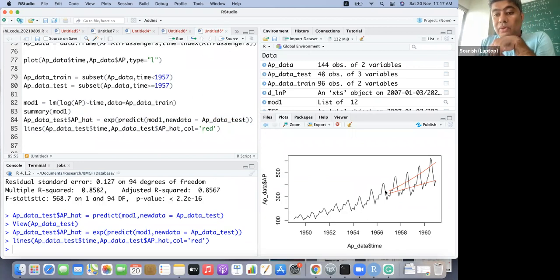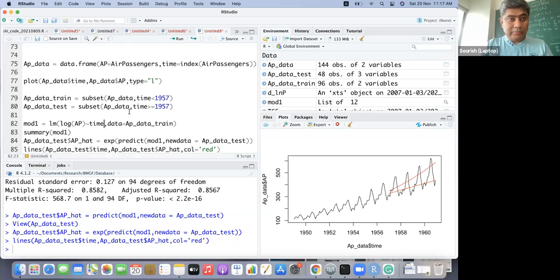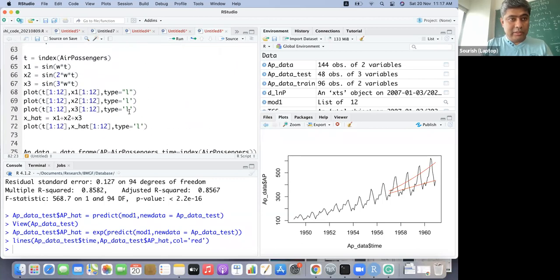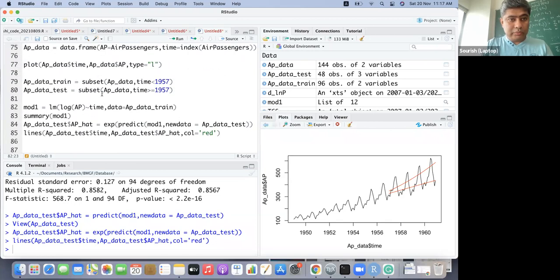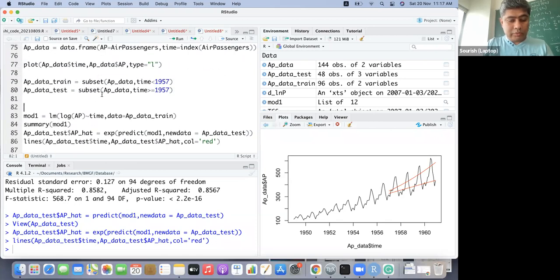We now have to do the modeling of the seasonality. So what we can do is simply define omega as 2 times pi, I think that should be fine.